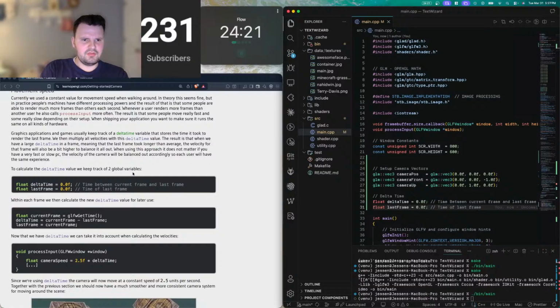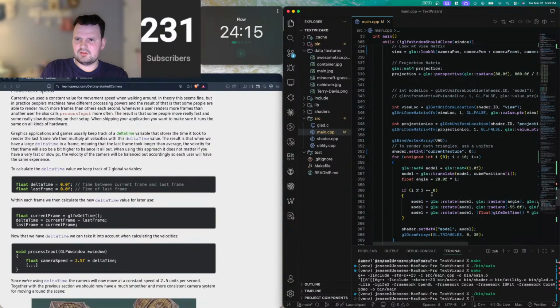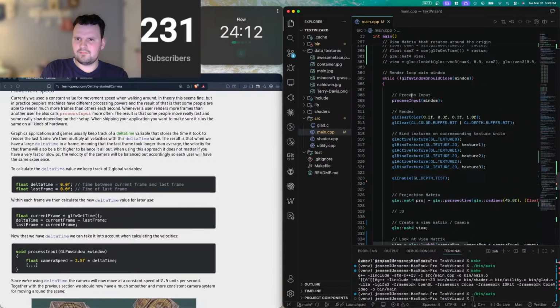Within each frame, we then calculate a new delta time value for later use. So then down in our render loop within each frame,